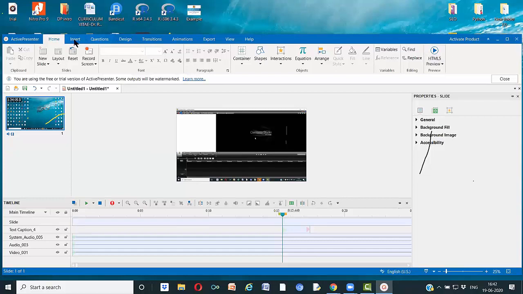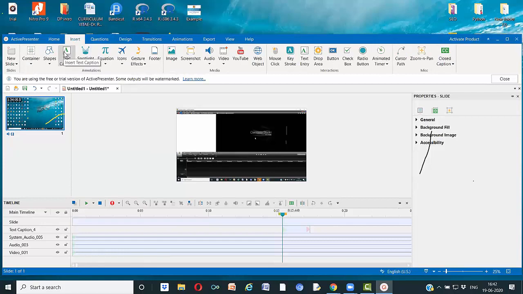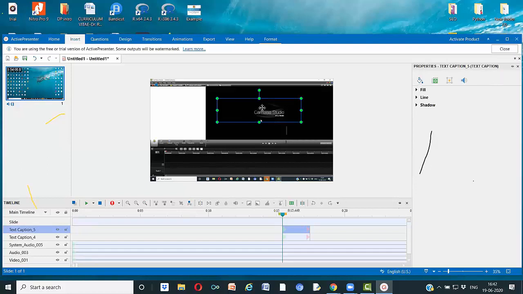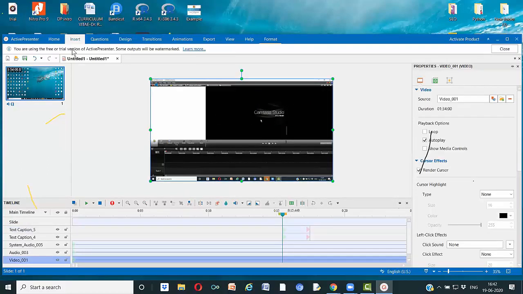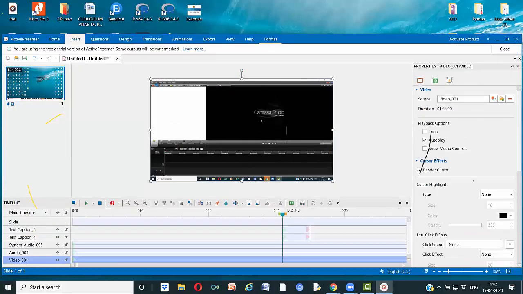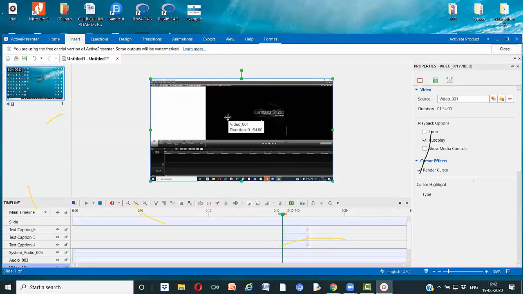Now you can insert a text caption. Whatever text caption we did over there, it is the same here. You click text caption, and now you type anything. Wait. Text caption here, and Arif is going off.